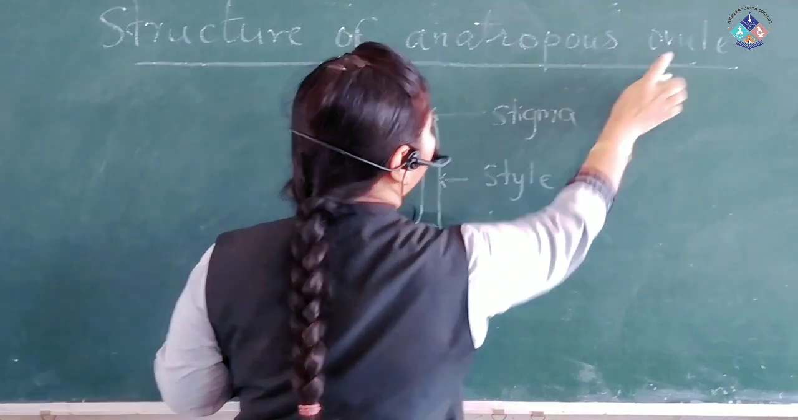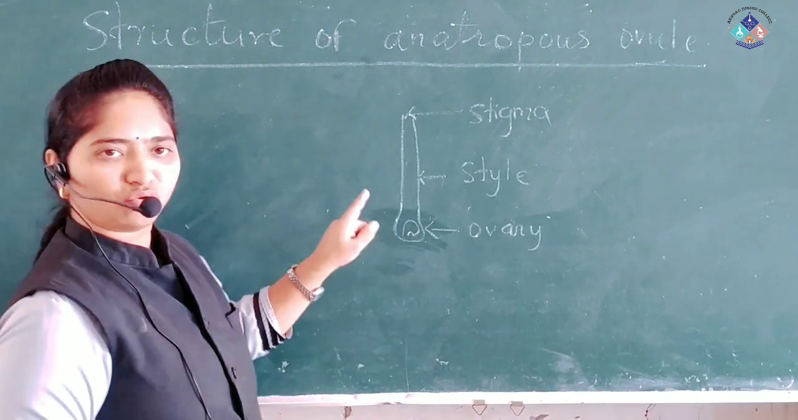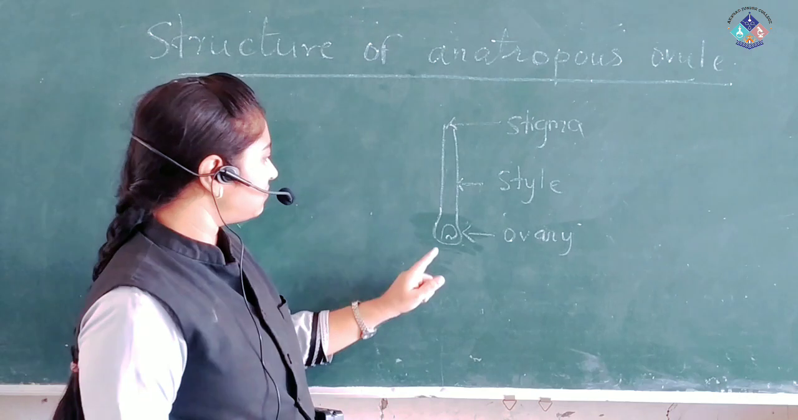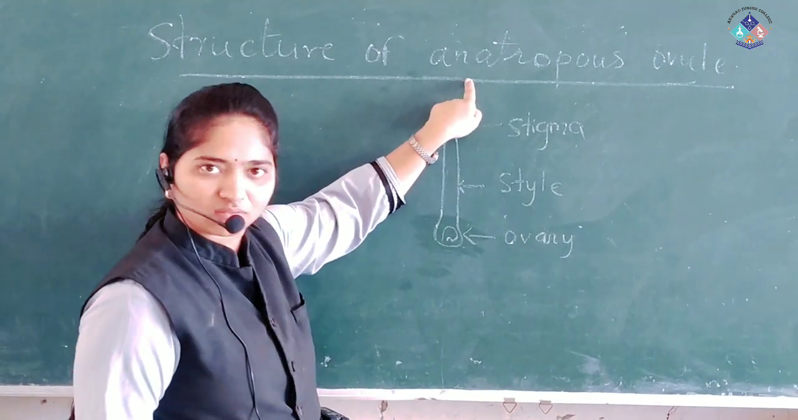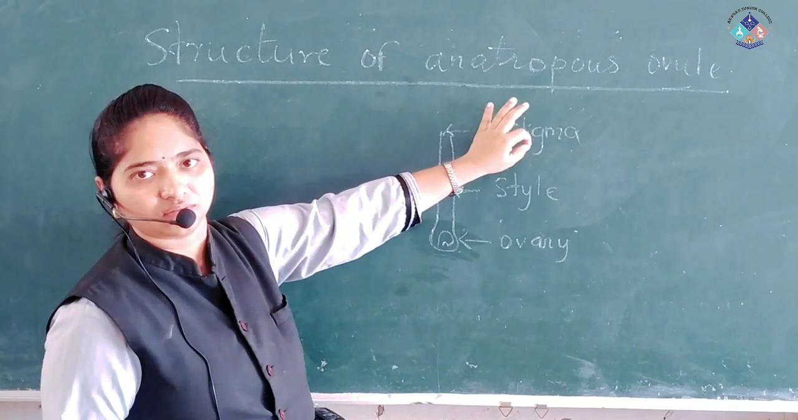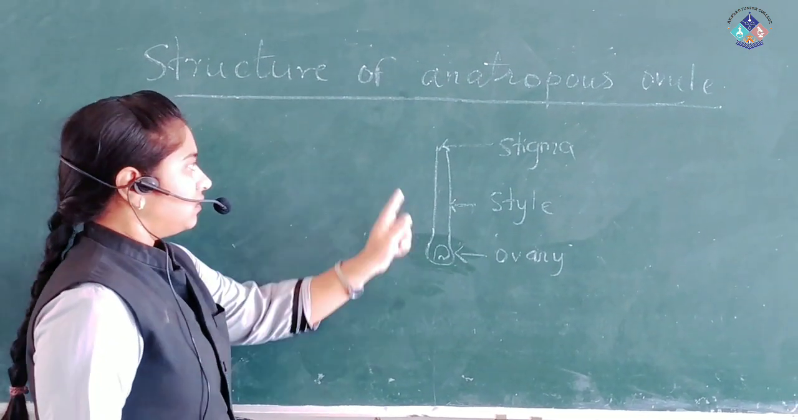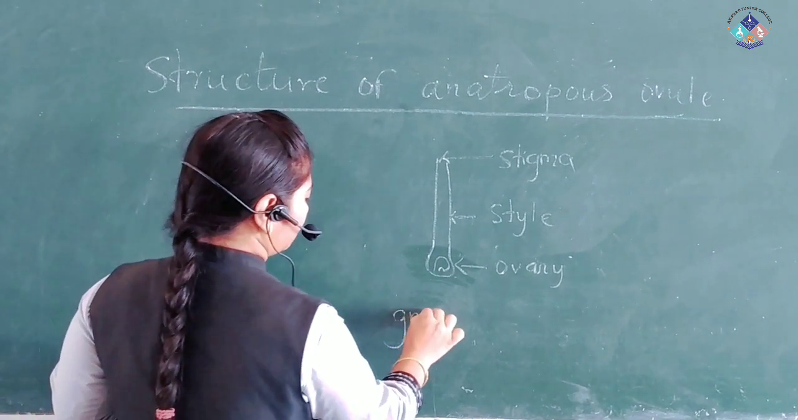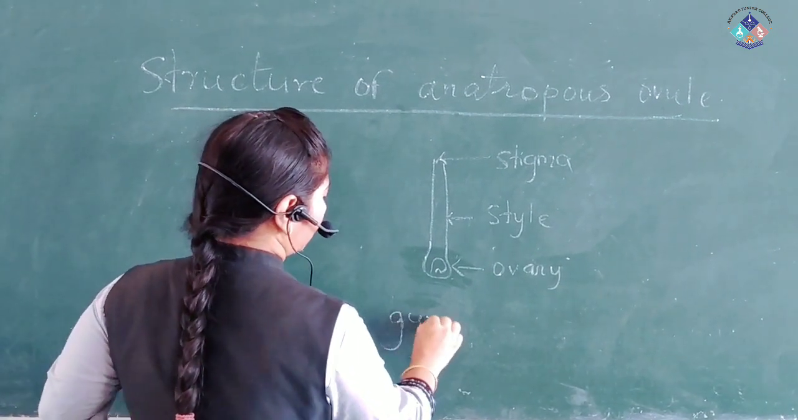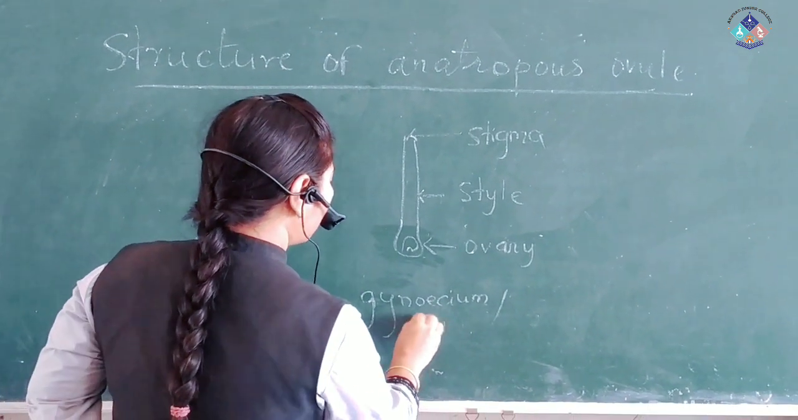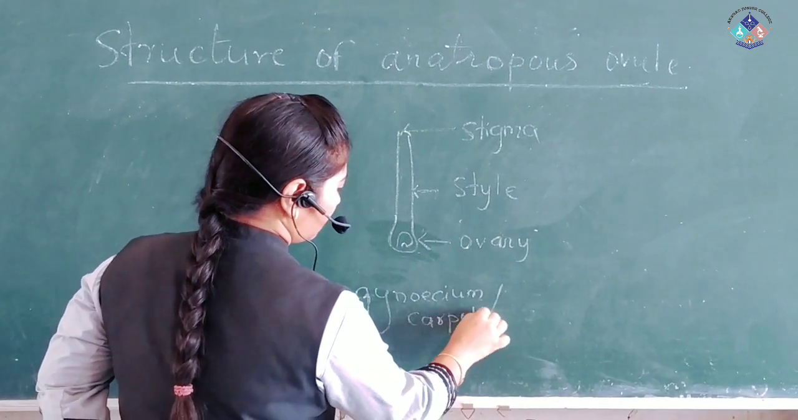Ovary, see this ovule, and this ovule is in most of the angiosperm. Angiosperm means flowering plants. In most of the angiosperm, ovule is anatropous. We'll see afterward what is the meaning of anatropous and why it is called anatropous. Okay, so this is the female part. It is also called gynoecium. Okay, gynoecium. Or its members are also called carpel or pistil,